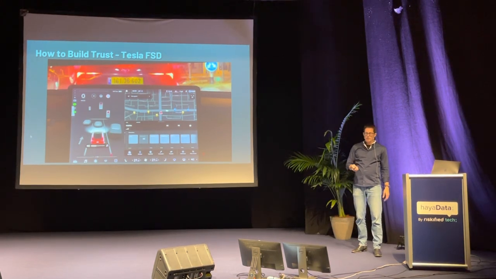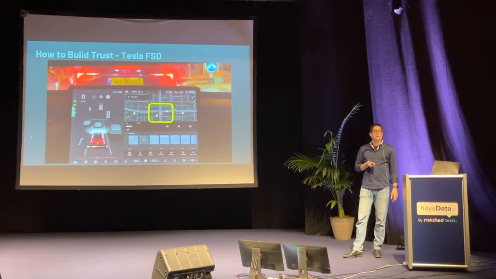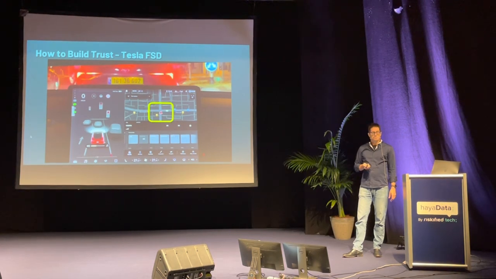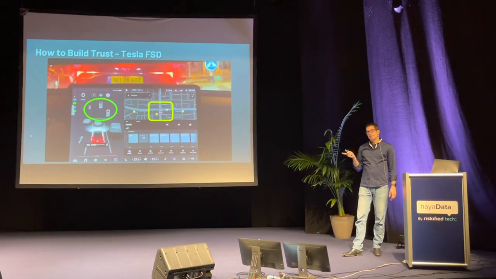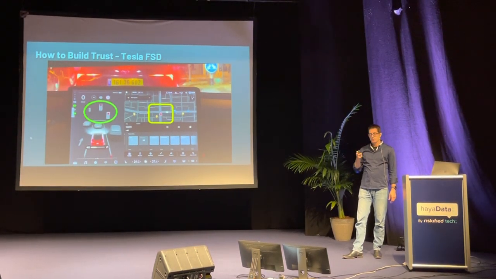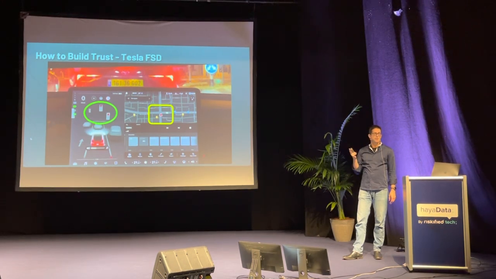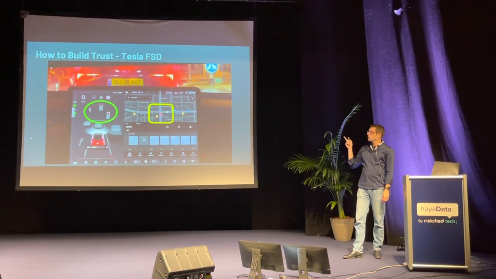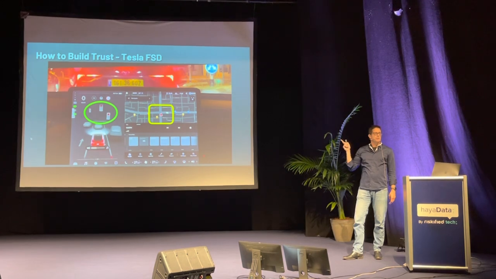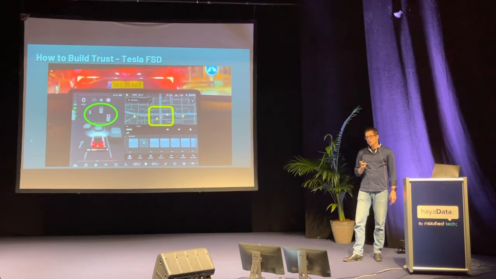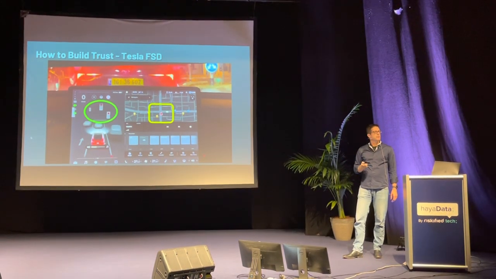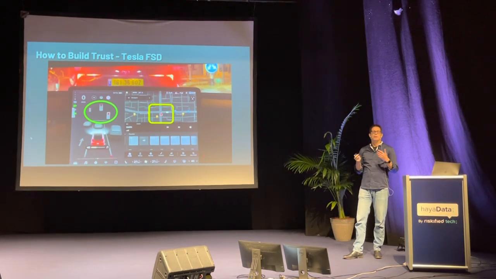More than that, you can see that it detected correctly the intersection we're at, and that intersection has 3 stoplights, so the car actually detected the 3 stoplights, and even the color of the stoplights, they're all red, right? So when I look at this, I'm like, nice, it's doing a good job. So how do I build trust?